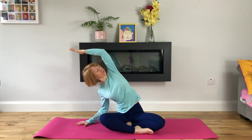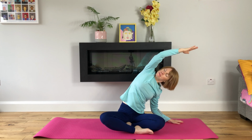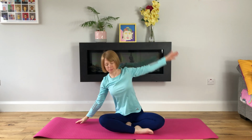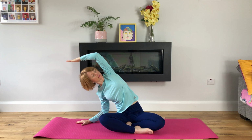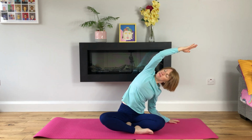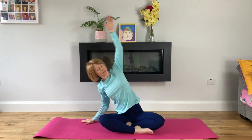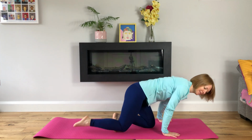Inhale, right arm up. Exhale, stretch to the left. Inhale, flow to the other side. Exhale, feel into the stretch, keeping our right shoulder down and away from our ear. We'll continue like this, moving with our breath to stretch your side body. Inhale, back to center, and we'll make our way to tabletop with our hands under our shoulders and our knees